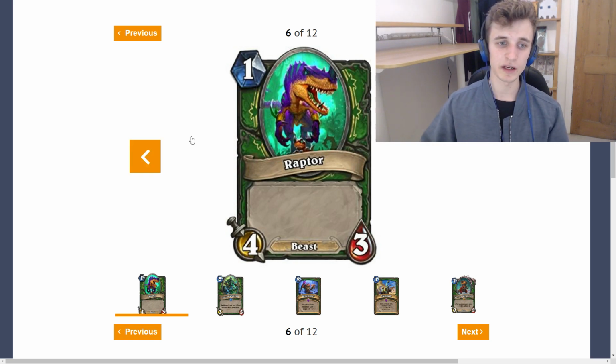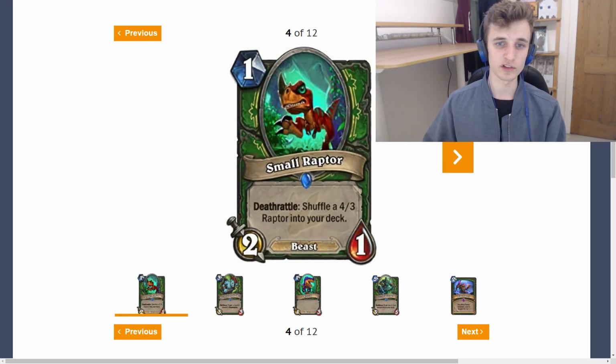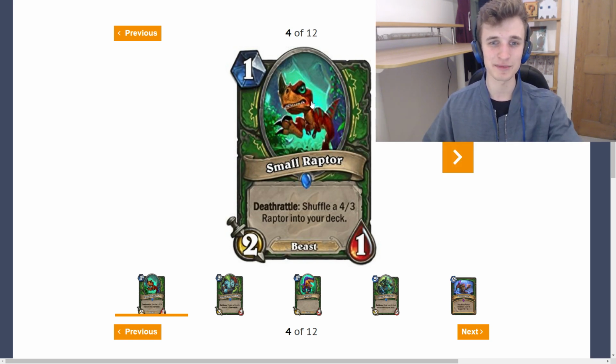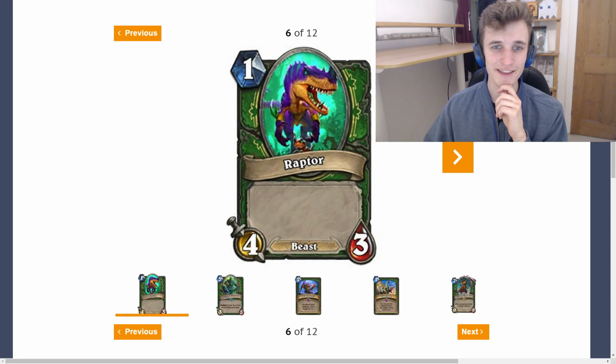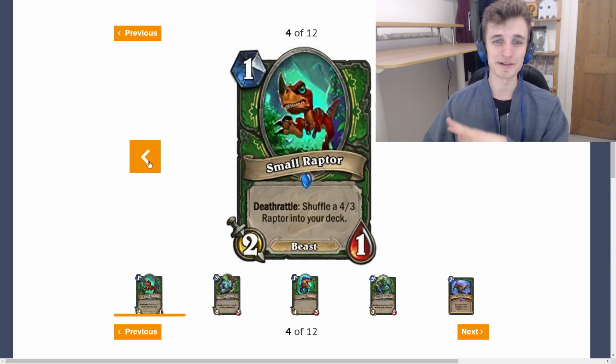So say you play Small Raptor on turn 1. Oh, one thing about this, by the way, I love that the pictures are the same thing. So in the Small Raptor picture, you can see the little red Raptor, and then you can see the bottom of the bigger Raptor. And then in the big Raptor's picture, you can see the big Raptor, and then you can see the little Raptor underneath it. But anyway,